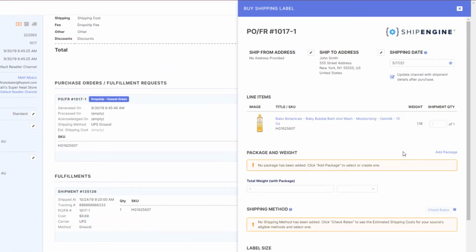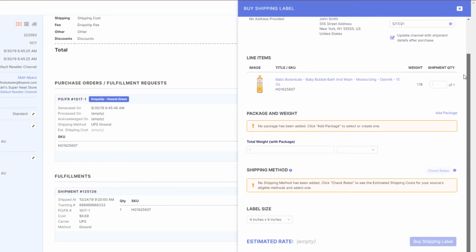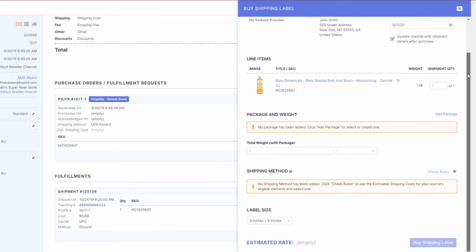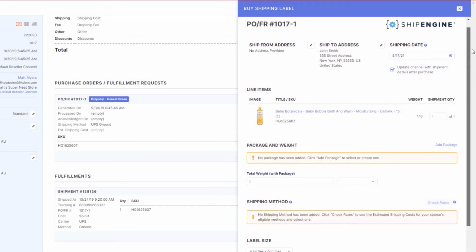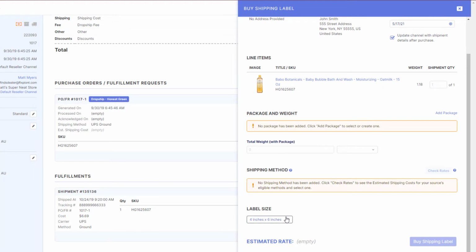And when I do that, as you can see here, what's going to pop up is all the information that you need to put in to buy this shipping label to then process over to either yourself, download and print it, or send it over to the vendor that you're working with. You're going to have to put in the information such as the package and the weight, the shipping method, how big is the label as well. The good thing is there is a lot of data that we pull in that you're able to just copy and paste that over, such as the weight. But once you do that, you're then able to buy that shipping label, generate it, print it, maybe you want to save it to your computer for your own purposes,